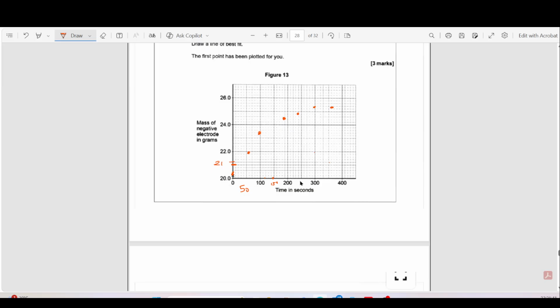So we'll start with the first point, which is this 0 point something. Since the mass is increasing quickly at the first and then it levels off, like you can see here, it levels off, right? So your line of best fit should be a smooth curve, right? We can start with this. So the curve will go